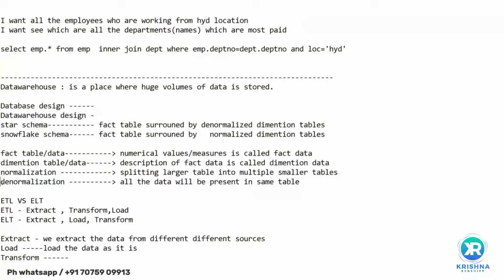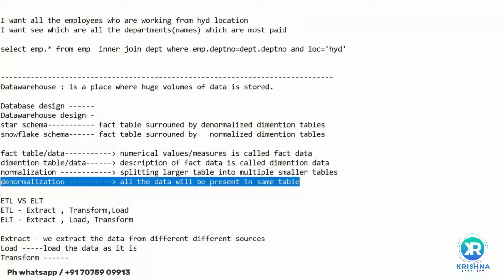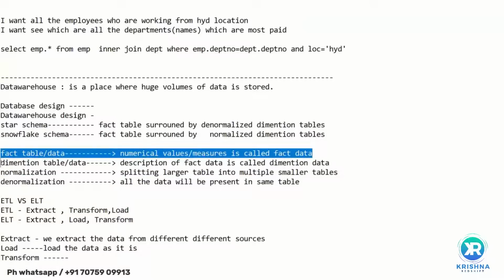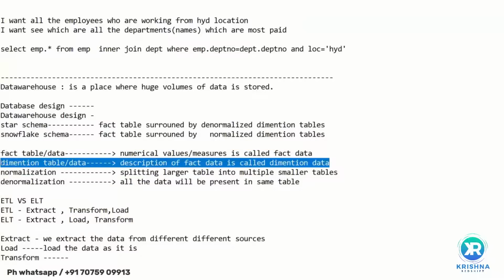What is denormalization? In denormalization, all the data will be present in a single table only. We don't further split. So that is called denormalization, meaning we are not normalizing, we are not splitting. And another term is fact table. What is a fact table? Numerical values or measures are called fact data or fact table, and dimension data means